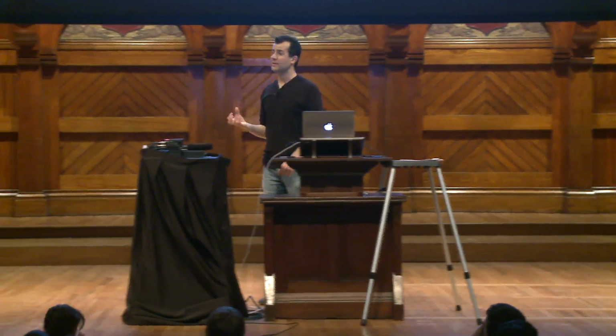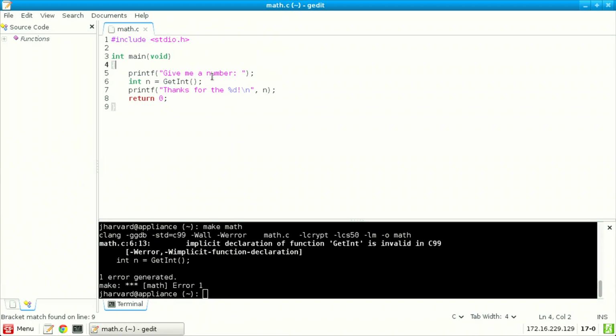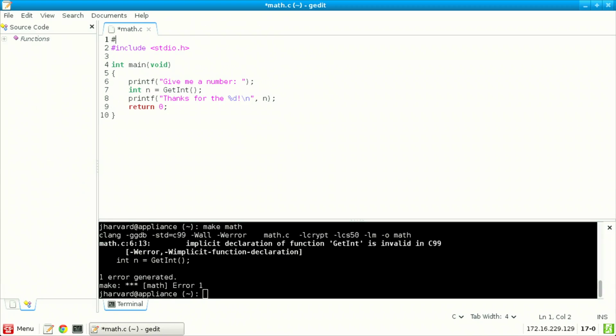But you'll realize very quickly they start to fall into buckets, whereby this one means that you've left off one of the #includes at the top of the file. And Clang, the compiler, is informing you of this by saying, rather fancifully, implicit declaration of function get_int is invalid. All right, so what does that mean? It just means you've implicitly declared get_int, in the sense that you haven't explicitly declared it. To explicitly declare it, you have to teach Clang that it exists. And the very simple solution is to teach it by including this other file, cs50.h, at the top